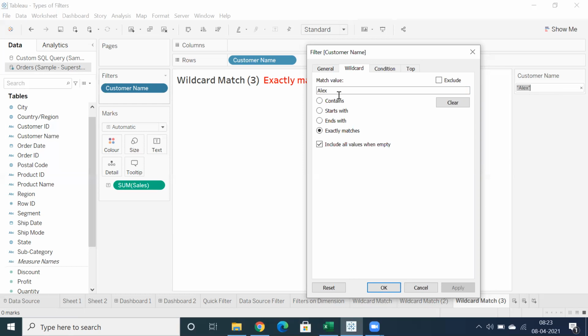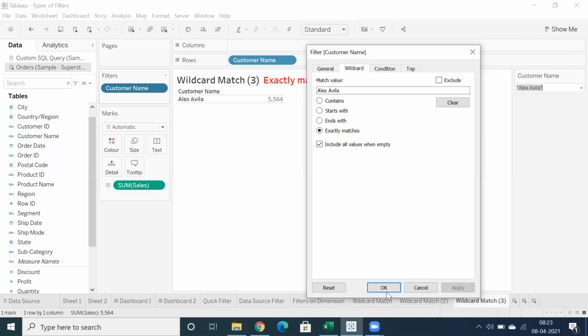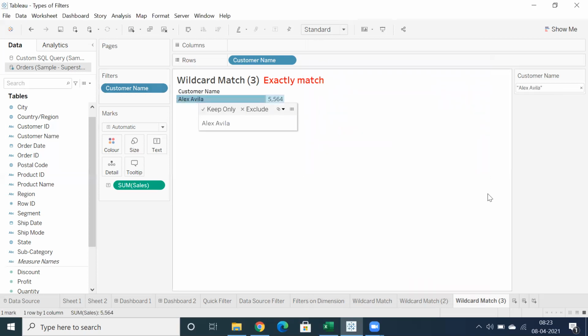Okay, so let's clear, click apply. What I mean to say is exact match needs the complete name, Alex Avila. Click apply. Now I'm able to fetch that particular customer name here. You can see you're getting it in double quotes.